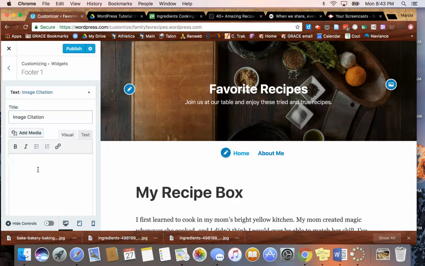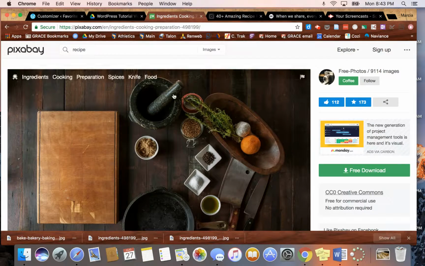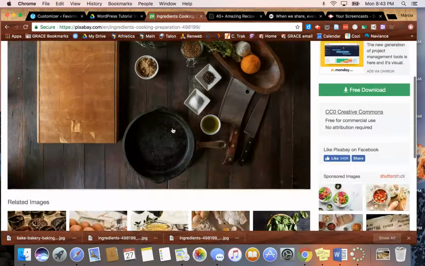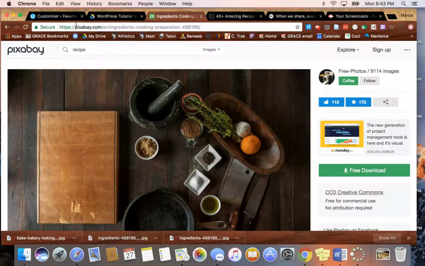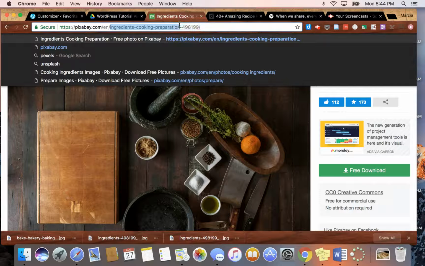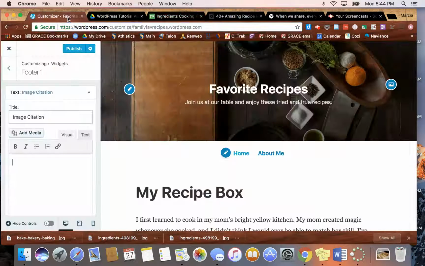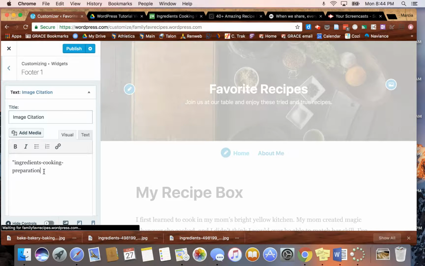And then in the text, this is where I'm going to need the specific information about the photo. So I'm going to go back over to Pixabay, where we got it. Here's my image. There aren't official titles for a lot of the Pixabay images, so usually I look at the actual URL up here, and you can see right here it says ingredients cooking preparation. I think that's a pretty decent title for our purposes. So I'm going to take that little piece of information, go back here and put that in quotes. So, ingredients cooking preparation